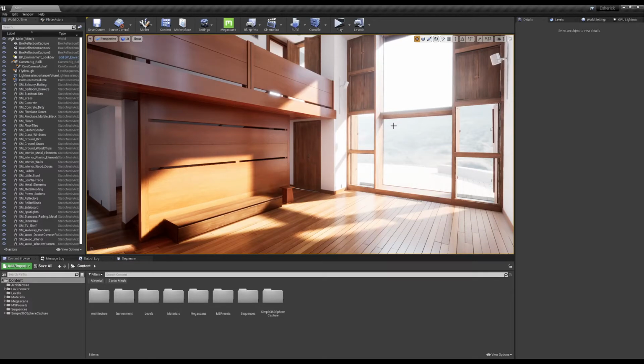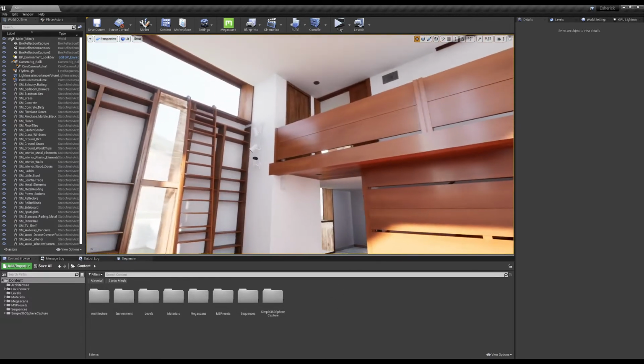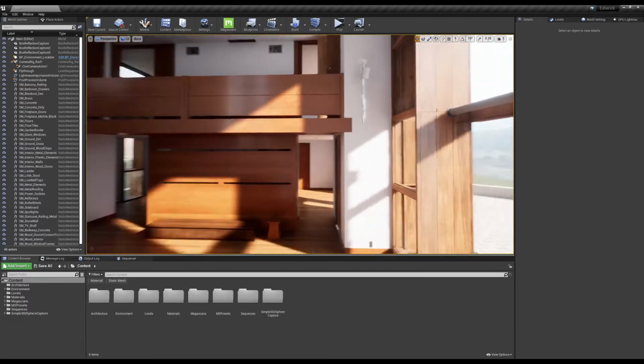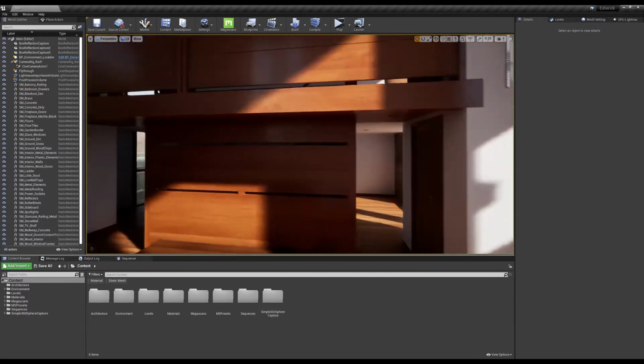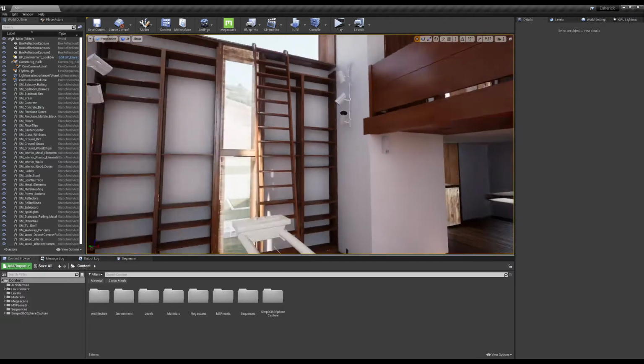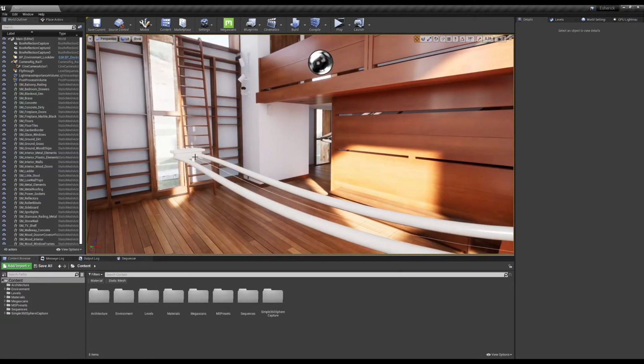Hello, this is the quick start video to get you up and running with the simple 360-degree sphere capture tool. So what I have here is a simple house level, and inside this level I have the kind of typical